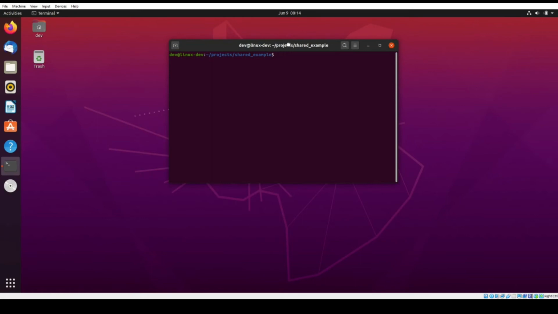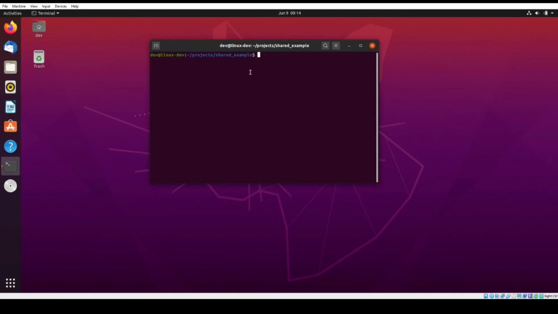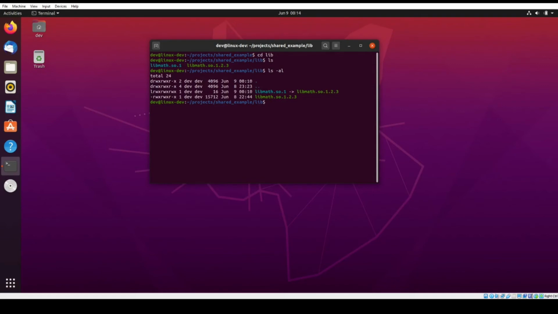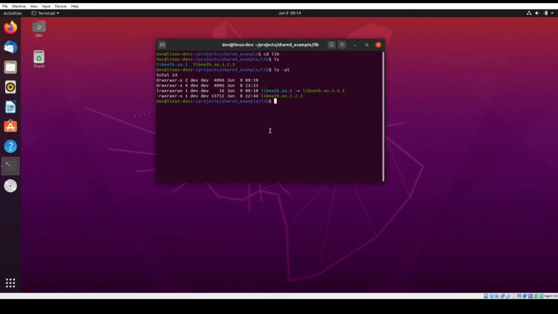One thing we forgot to do: if we go into lib, we see that we have two file names. We have the real file for the shared object, which is the actual shared object binary, and then we have the SO name, which is a symbolic link that points to the real name. But there was a third name called the linker name, and so when we try to compile, let me go back up here, gcc,